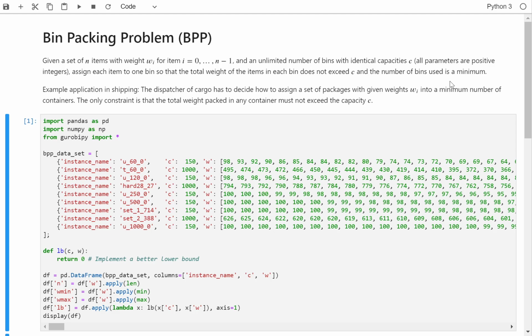To compare it to the knapsack problem, for example, in the knapsack problem we were maximizing the profit from a set of selected items that we were packing into one knapsack. This, in contrast, is like having multiple knapsacks, and we need to pack all items, so we don't care how profitable they are, we need to pack all of them anyway. But the problem is, if we don't pack them carefully, we can use many knapsacks, or many bins. In this context, they're called bins. So the problem is to pack them in such a way that the number of used bins is minimized,